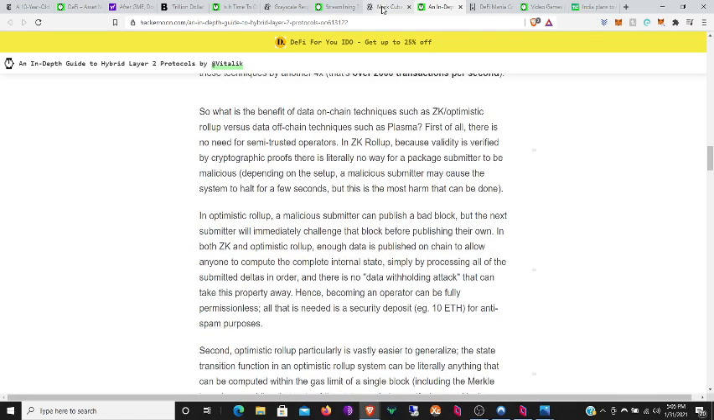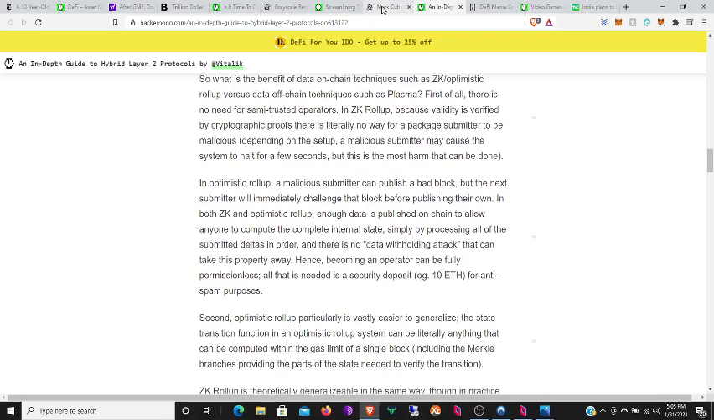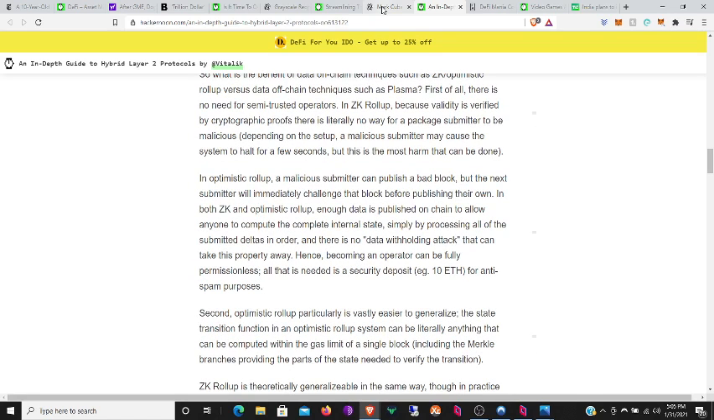Plasma? First of all, there is no need for semi-trusted operators in ZK rollups because validity is verified by cryptographic proofs. There is literally no way for a batch submitter to be malicious, depending on the setup. A malicious submitter may cause the system to halt for a few seconds, but this is the most harm that can